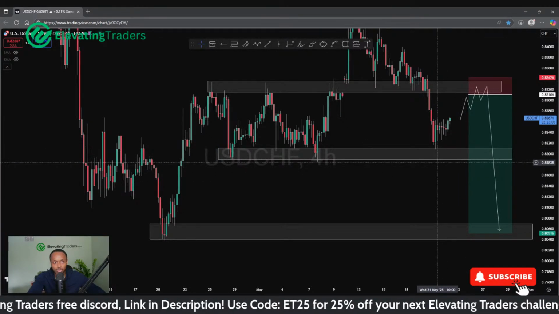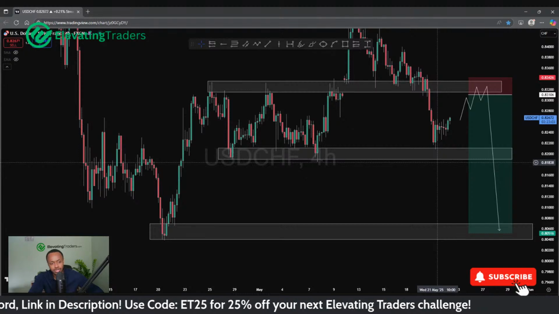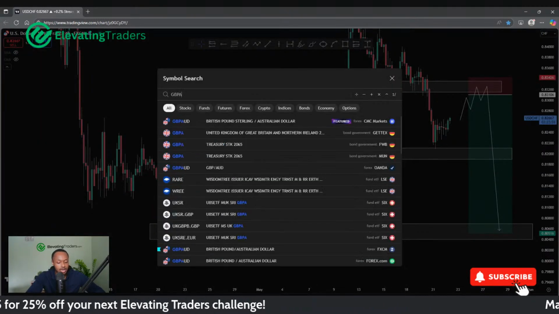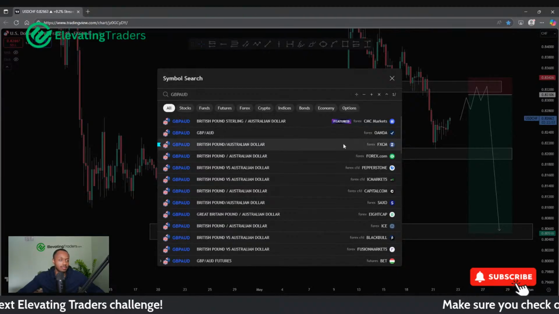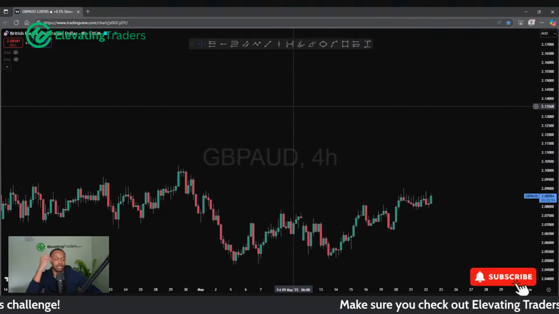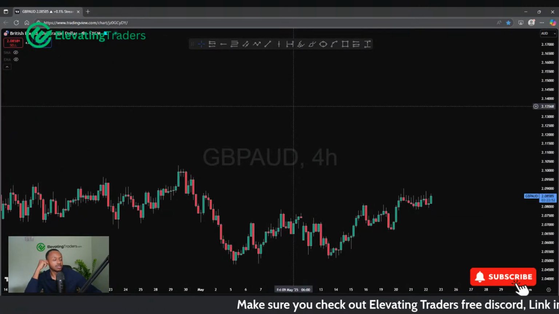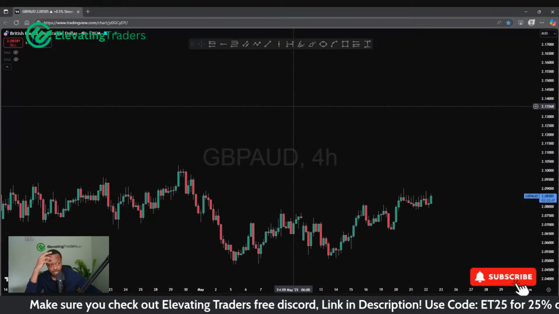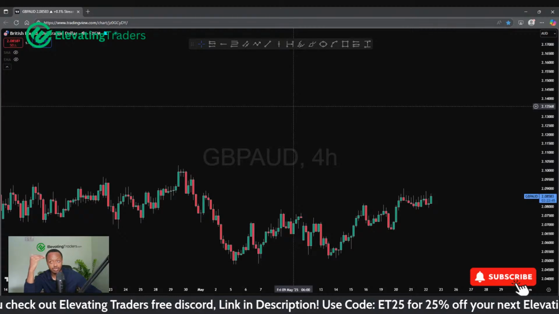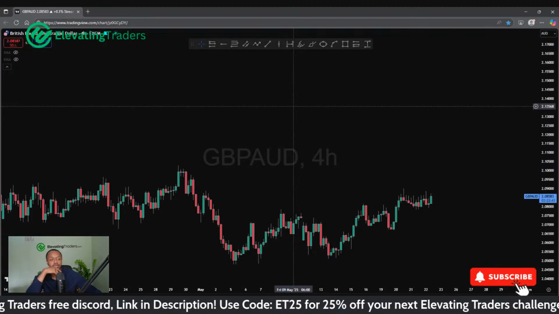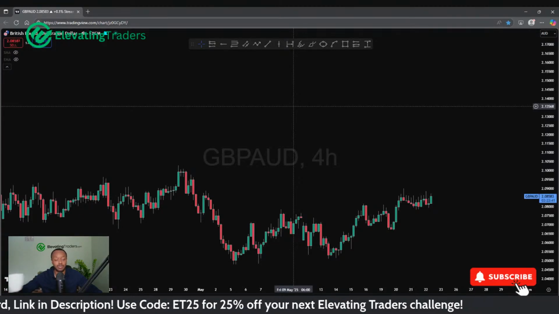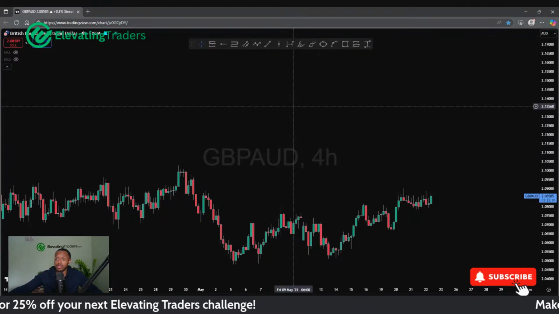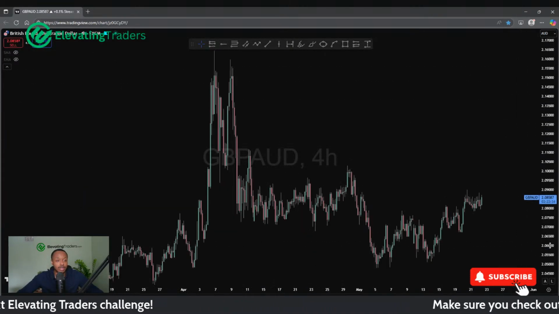In terms of the crosses, I haven't spoken much about the crosses, and to be honest, for good reason. I mean, I was trading pound Aussie earlier. I still do expect more downside for this one, but it's just not shaped out how I wanted it to. So for the time being, I'm going to be a bit more cautious with this pair. I did say if I find any re-entry signals, I'll look to get back into a trade. But I just haven't found anything that's clear cut, to be honest. And that's probably a good thing, because it's probably going to keep me out of taking an unnecessary loss.